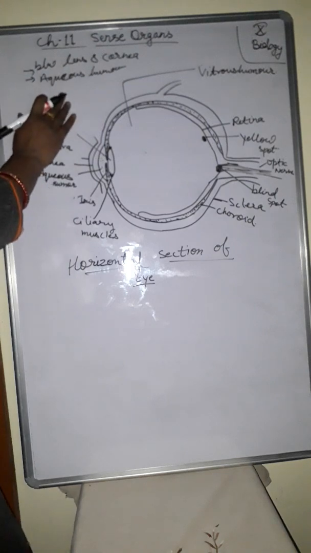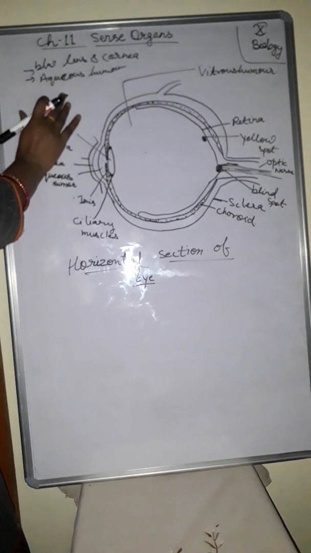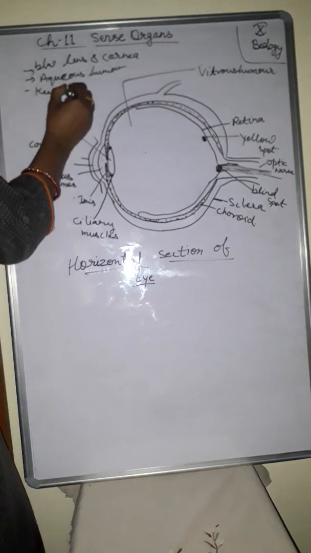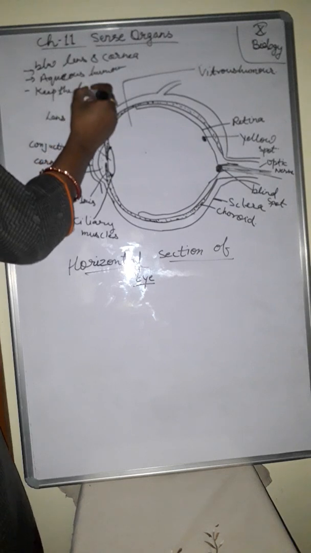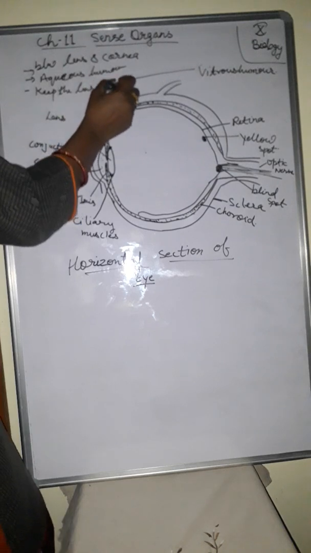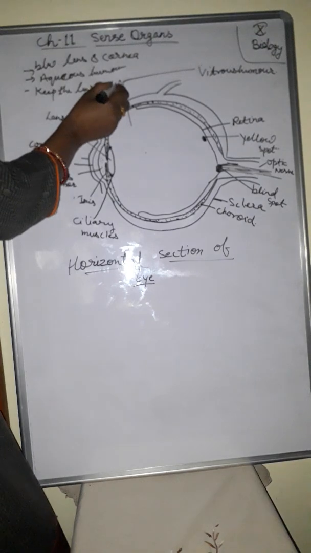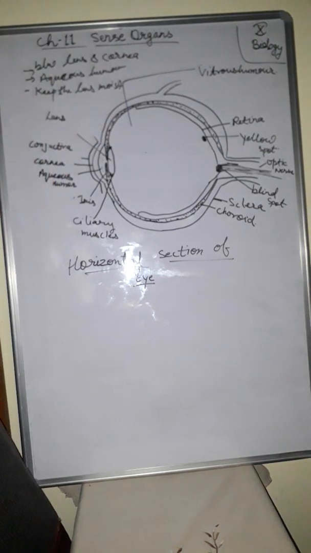The functions of the aqueous humor: the first one, it keeps the lens moist. The second one, it protects from physical shocks. जो आपका आइज का लेंस होता है तो उसको ये मॉइस्ट रखता है. क्यों? ताकि कोई भी अगर फिजिकल शॉक लगे तो वो मॉइस्चर लुब्रिकेशन प्रोवाइड करेगा और उससे वो बचेगा. Second, it refracts light.